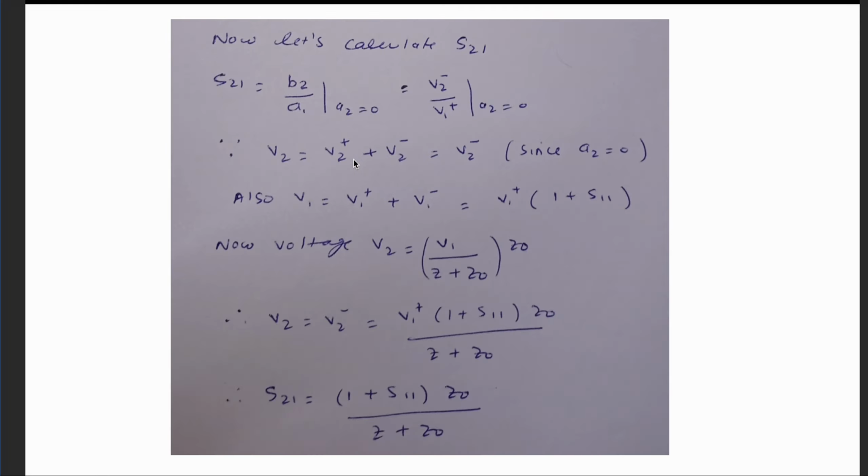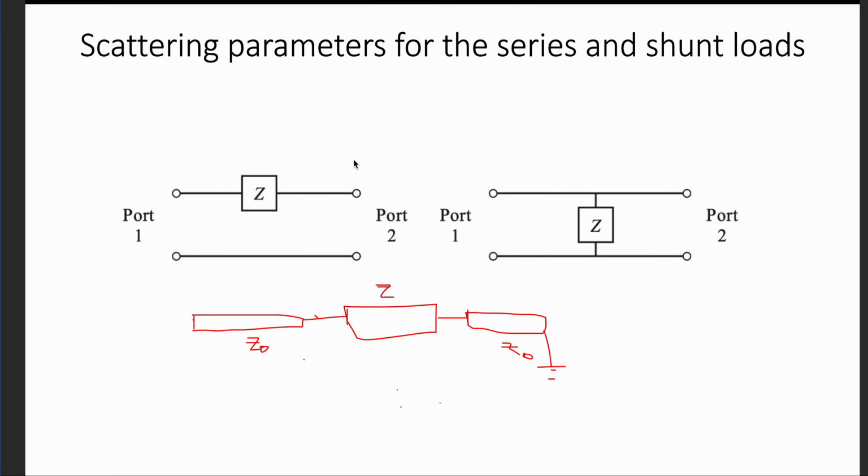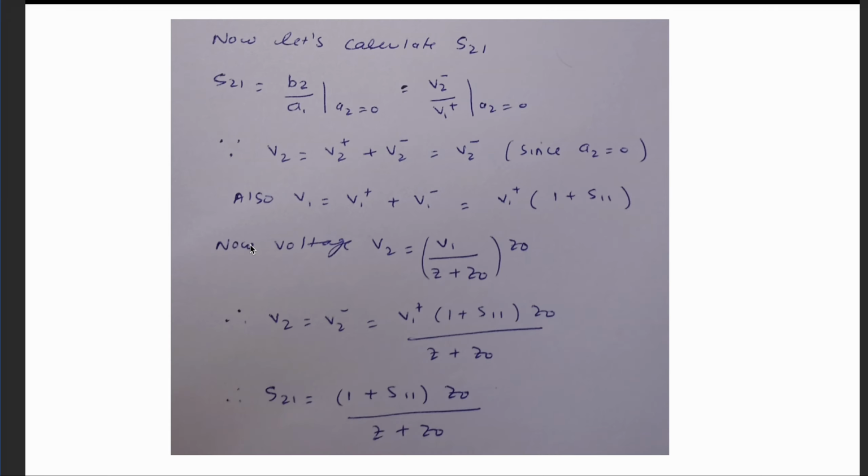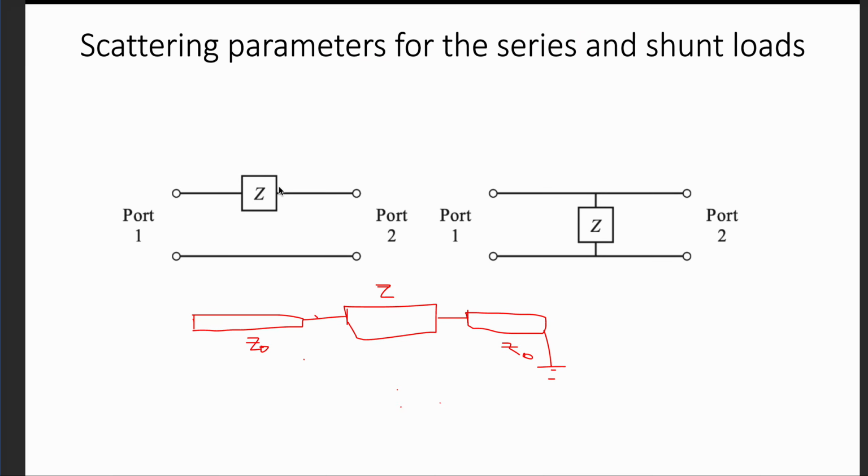So if you use a similar concept for this series connection, you can get the effective S parameters if you have some series load between the two ports. Okay, so